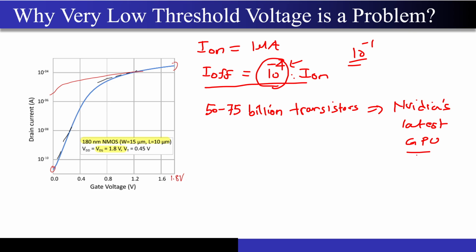You can search for this, okay? This number will be somewhere between 50 to 75 billion transistors. Now if I have just a 10 times reduction in the off current, that means if my on current is 1 microampere and my off current is close to 100 nanoamperes, correct? That means first of all my device has not been turned off properly. Even when I wanted my devices to turn off, they will consume around 100 nanoamperes of current even when no load has been given to that processor.